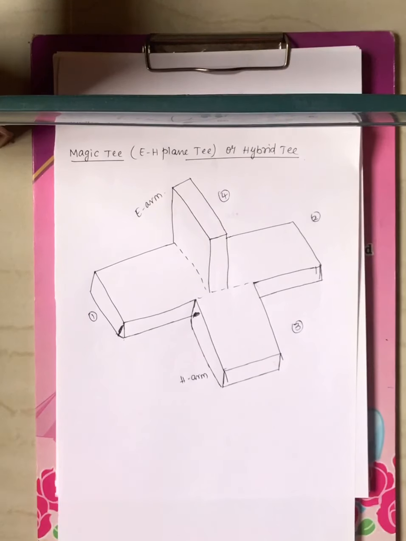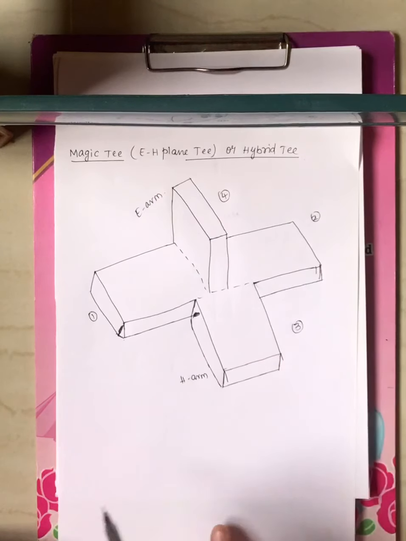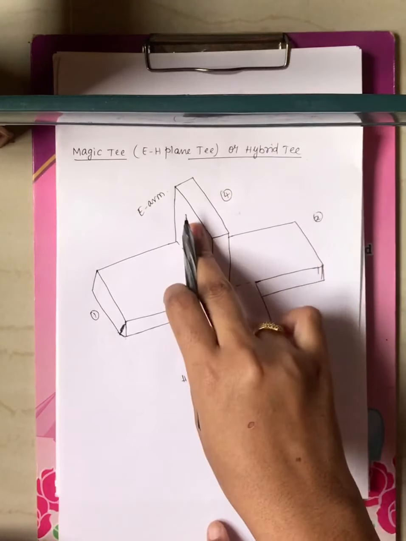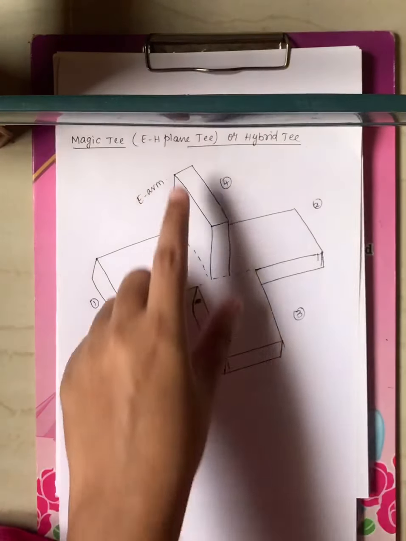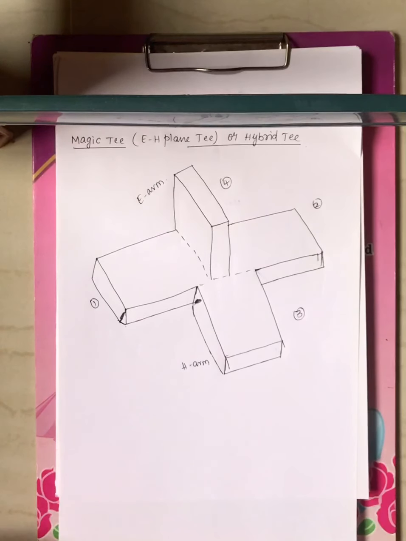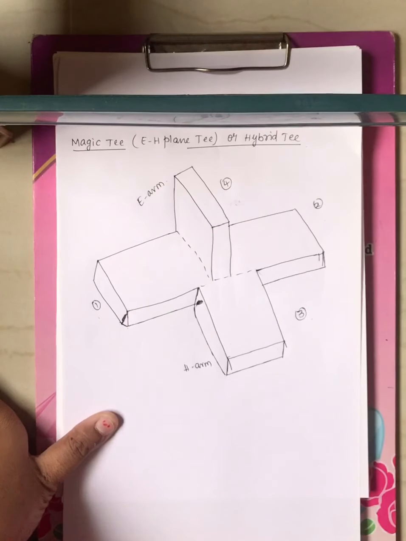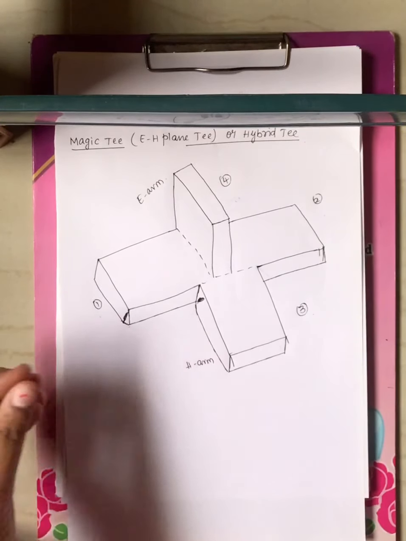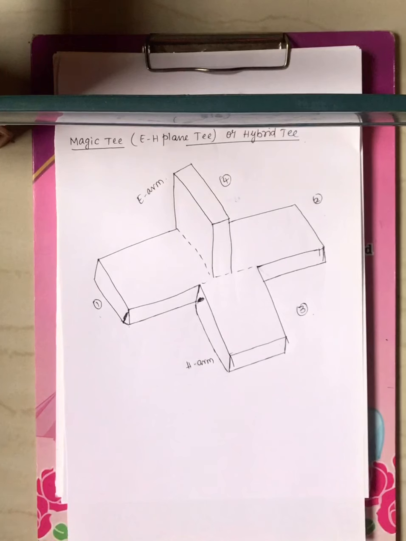Now if you see its structure, this is your H plane T, port 1, port 2, and this particular thing is your E plane T. The combination of H plane T plus E plane T is why it is called EH plane T, right? Here it contains 4 ports: port 1, port 2, port 3 and port 4. It is a combination of E plane T property plus H plane T property. Now you know the E plane T property and the H plane T property, right?